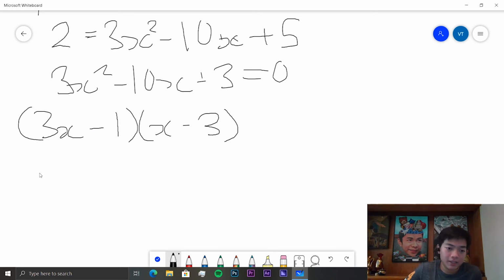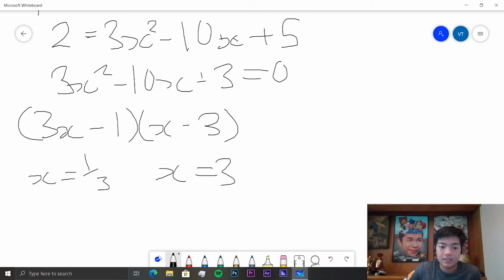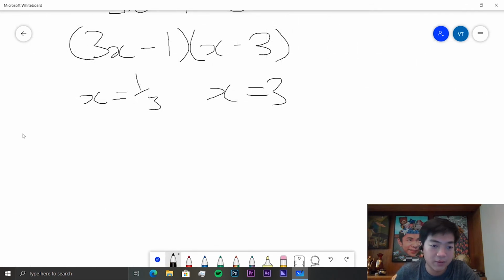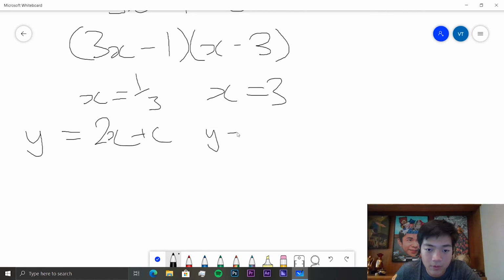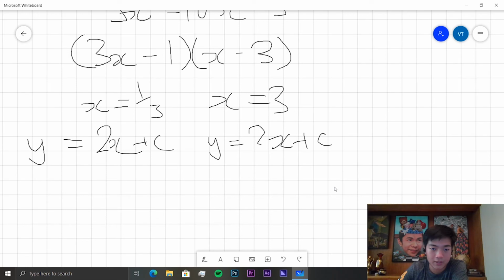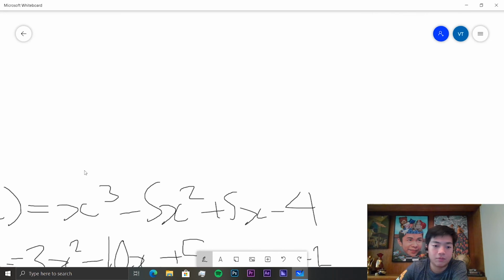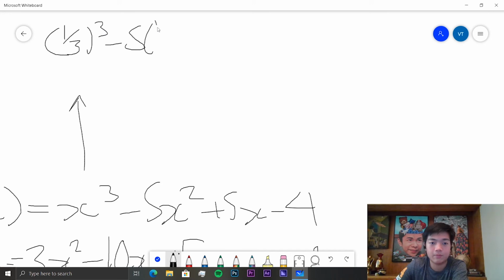So we know our values of x will be when x is equal to 1/3 and when x is equal to 3. So we need to find the equations of both tangents at these points. We know the gradient is 2 for both of them. So we know y is equal to 2x plus c for both. And so let's find the coordinates on the curve at these points, 1/3 and 3. So at 1/3, this will be equal to 1/3 cubed minus 5 times 1/3 squared plus 5